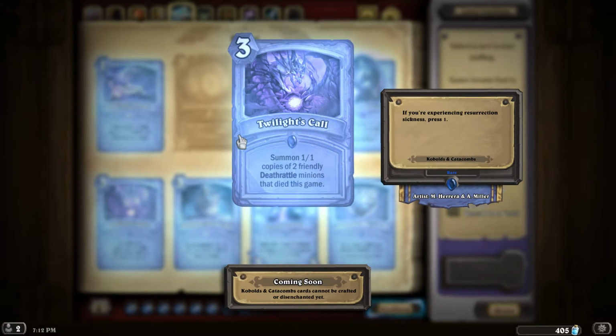Next, we have a 3-mana spell called Twilight's Call. Summon 1/1 copies of 2 friendly Deathrattle minions that died this game. This could be an amazingly crazy card because you just kind of don't know. Let's see. If you played Fugen and Stalag, and both of them died, Fugen and Stalag being wild cards that are banned, I'm pretty sure,